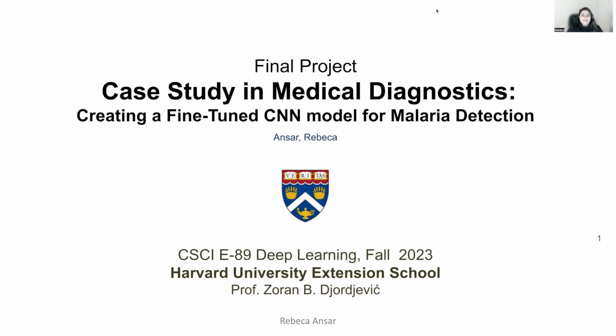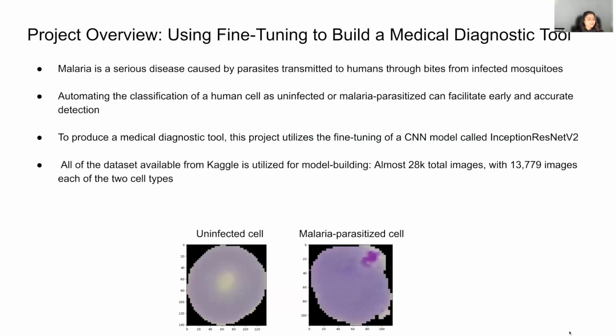I will take you through my case study in medical diagnostics, creating a fine-tuned CNN model for malaria detection. Malaria is a serious disease caused by parasites transmitted to humans through bites from infected mosquitoes. Automating the classification of a human cell as parasitized or uninfected can facilitate early and accurate detection. In order to produce a high-accuracy malaria detection method, this project utilizes fine-tuning of a CNN model called Inception ResNet